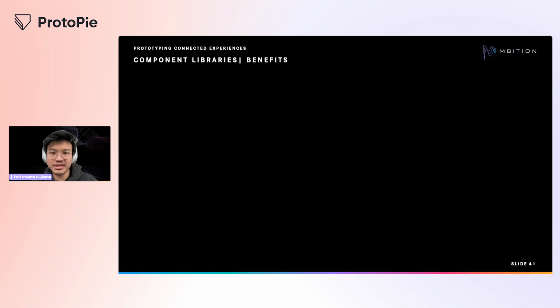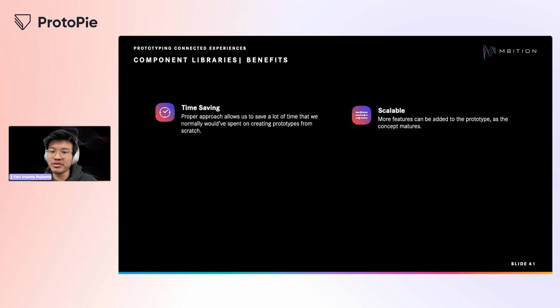So let's try to sum up. We knew that we need to minimize disadvantages of high fidelity prototyping, such as, for example, high effort of creating a prototype and low maintainability. We think that with our approach, we gain some benefits, such as we are saving time, since basic interactions are already defined. A ProtoPie project is also scalable, with more features can be added to an existing ProtoPie project. You'll see that in a later example in the next slides. And thanks to our guidelines, our prototypes are way more maintainable.